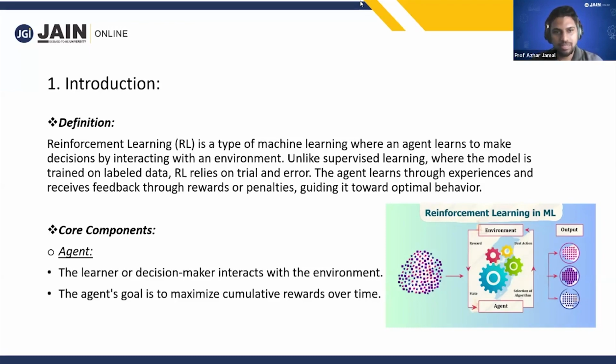We'll see an example, then we can go into more. All right. In short, the agent learns by trial and error. If it goes to the correct path, it gets rewards, for example points. If it goes to a wrong path, it doesn't get rewards. It gets penalties. Let's say plus one you add for each and every proper step, minus one you add for each and every negative step.